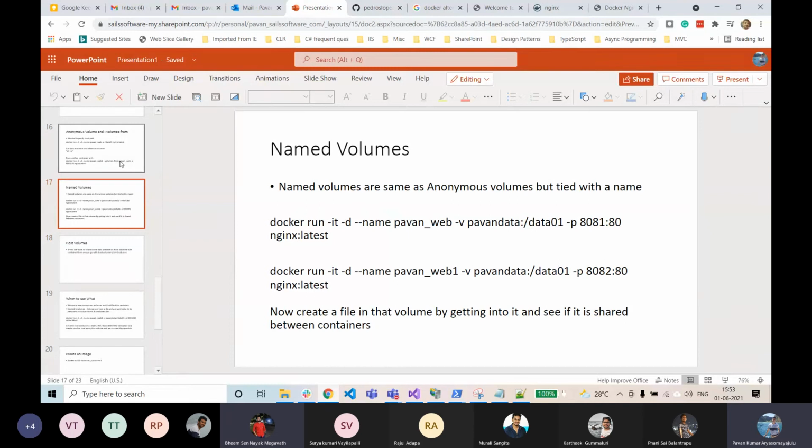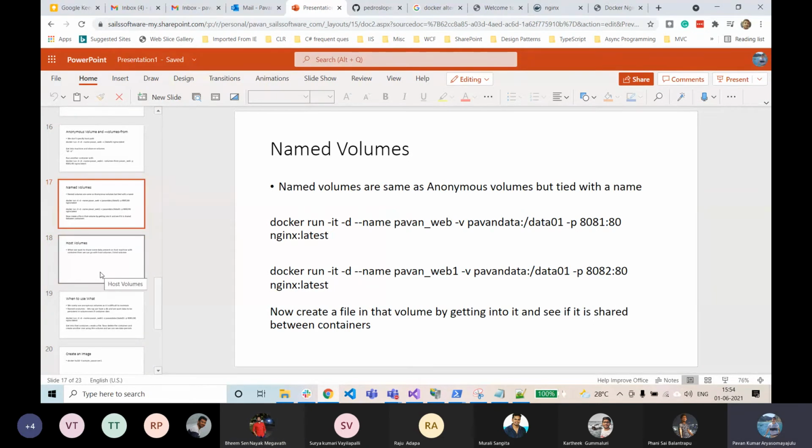Yeah. As I was mentioning, before Docker 1.9 there were no named volumes. So we used to have anonymous volumes, and you needed to specify the Docker volumes-from syntax. But later, in Docker 1.9, they introduced named volumes, and it replaces the purpose of anonymous volumes.